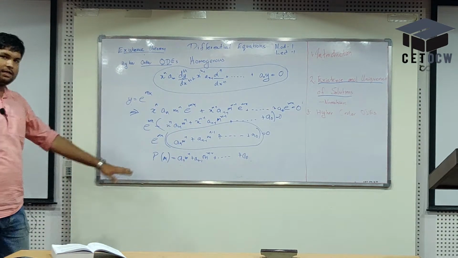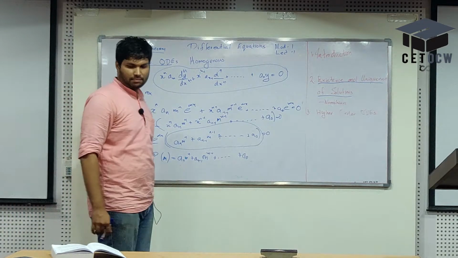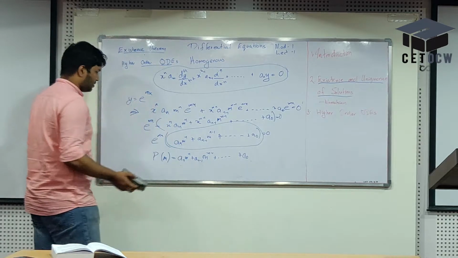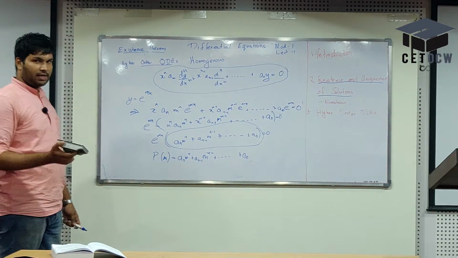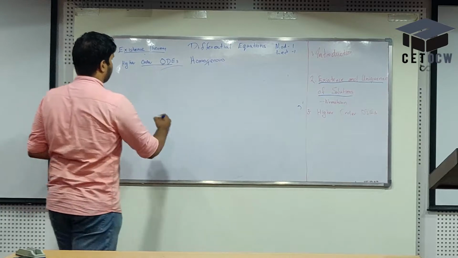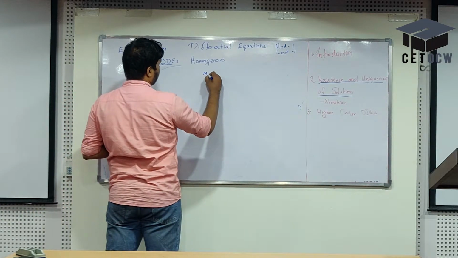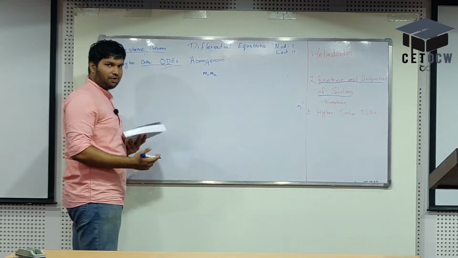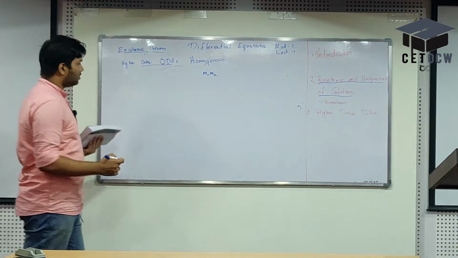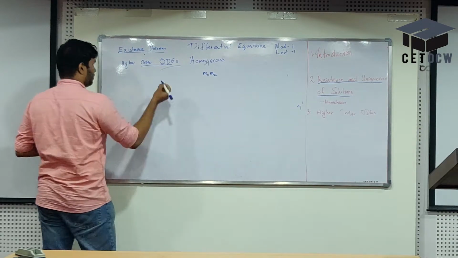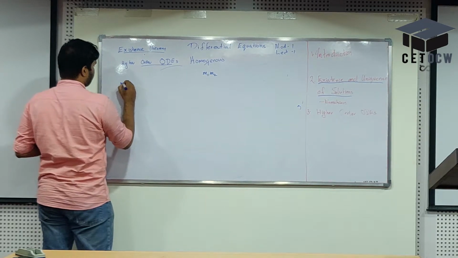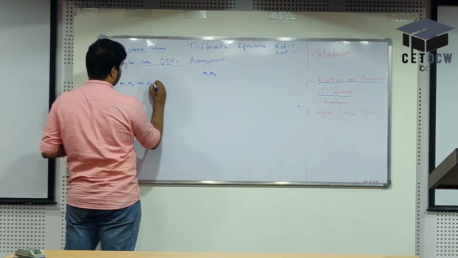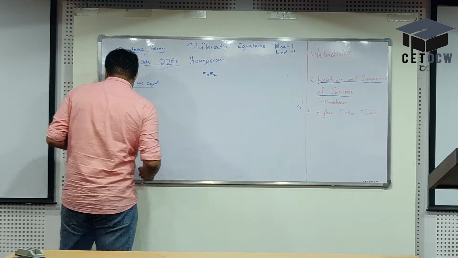So we'll have n solutions for m. Depending on the type of solutions we come across, there are three situations that you can be in. Let m1 and m2 be the solutions of our polynomial. If m1 and m2 are equal,